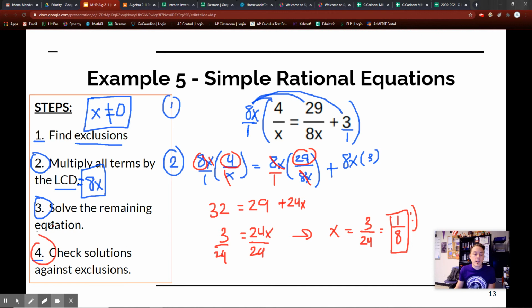Now, your fourth and final step is really to check against exclusions. Because if we get 1/8, but that was what was excluded, then it's a no solution. But 1/8 is not part of the exclusion, so that's fine if we get 1/8. If we plug 1/8 in for this x right here and this x right here, we shouldn't get 0. We should get a number. If I plugged in 1/8 right here, the 8's go poofy and I just get 1, but that's okay, right? And if I plug in 1/8 right here, that's okay, right? Because it's not 0. So as long as your final answer is not part of your exclusion, in this case 0, then it is our final answer,